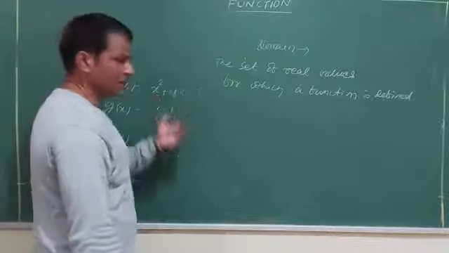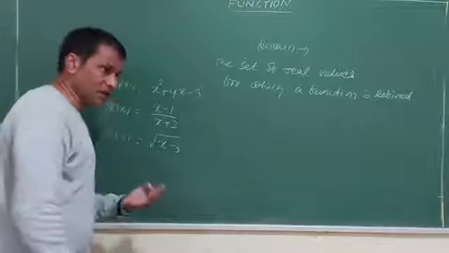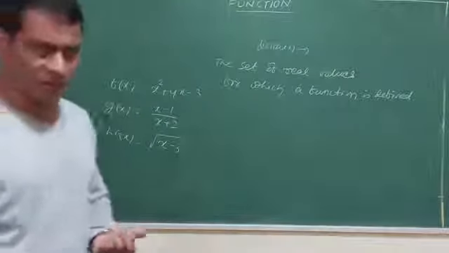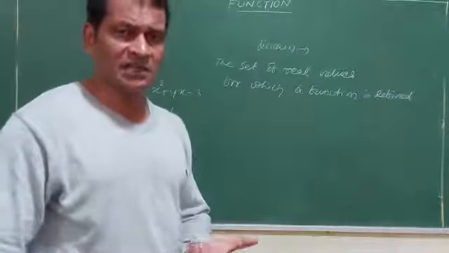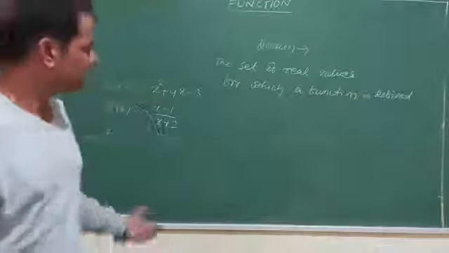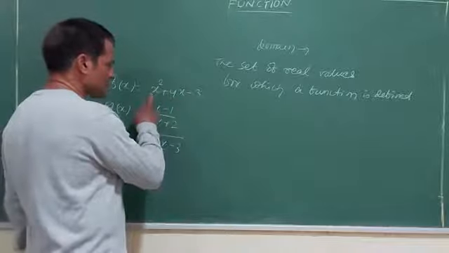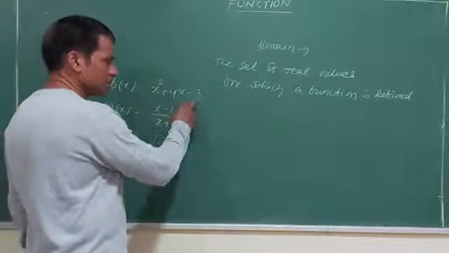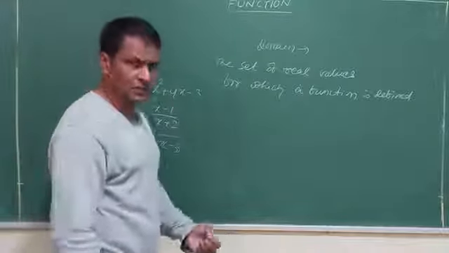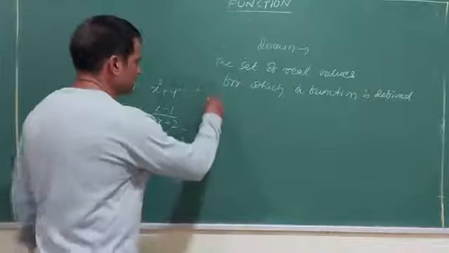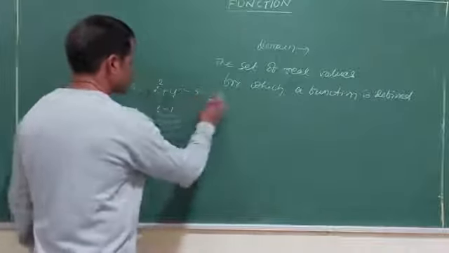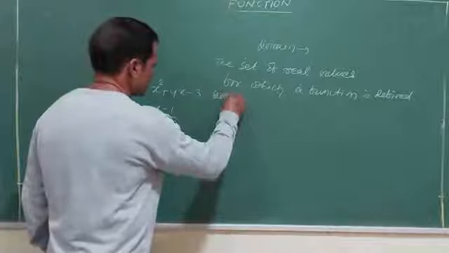You will tell me, sir, I can take any value, because any real value I take, whether it is a natural number, whole number, integer, rational, irrational, whatever I take, it gives me a finite value. For example, if I take 0, it gives me minus 2. If I take 1, this gives me 2. Similarly, whatever value you consider, root 2, 3 by 2, 0.3, 0.1, it gives me a real value. If its domain is R, that means it can